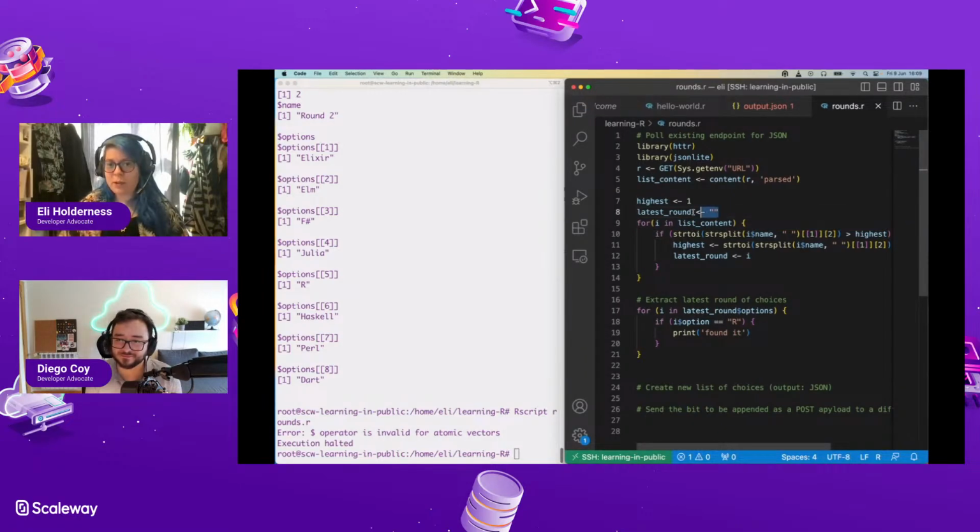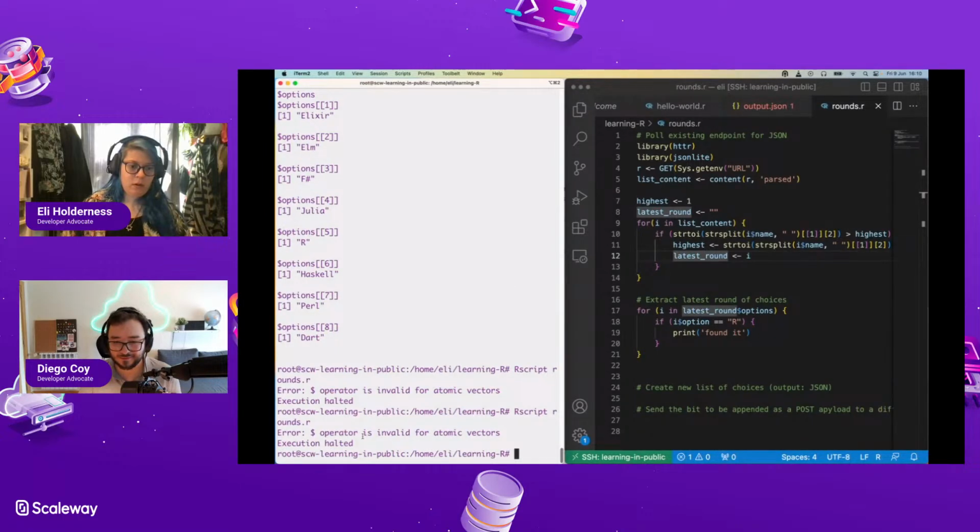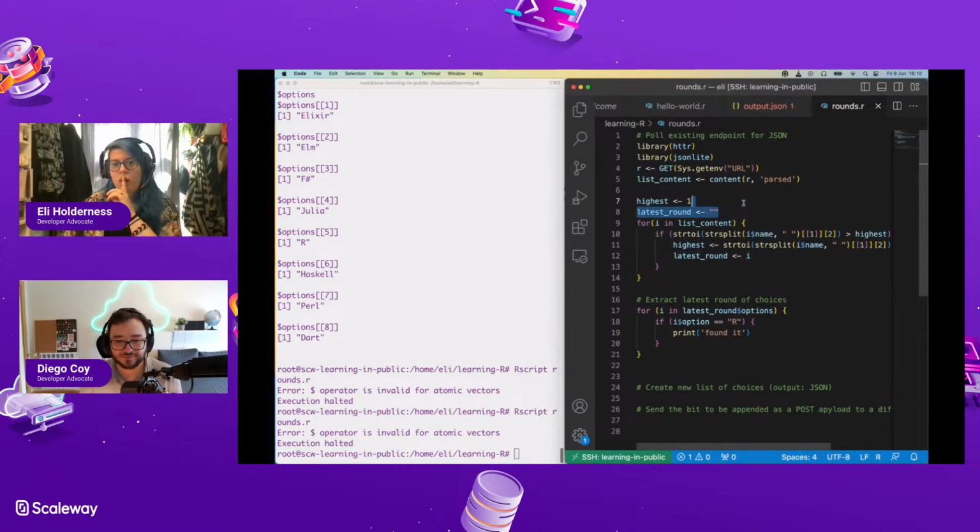Yeah, I wonder if because I've assigned it a value of type string, it's going to get unhappy here. We'll find out. Operator is invalid for atomic vectors. You know what I'm going to do? I'm just going to set this to 0, and therefore this if block will always be executed at least once.